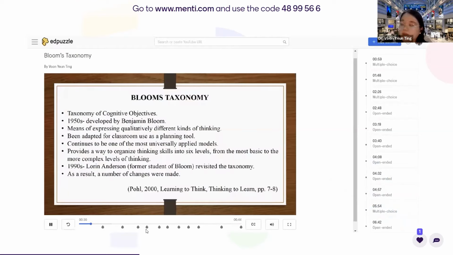All of them are questions. This means the students cannot skip the question. They have to watch the video and answer the question. This is maybe something for them to remember or understand the topic. Maybe some students will feel frustrated that they cannot skip the video, but because this is one of their tasks, they have to do that. Okay, let's go to another slide.